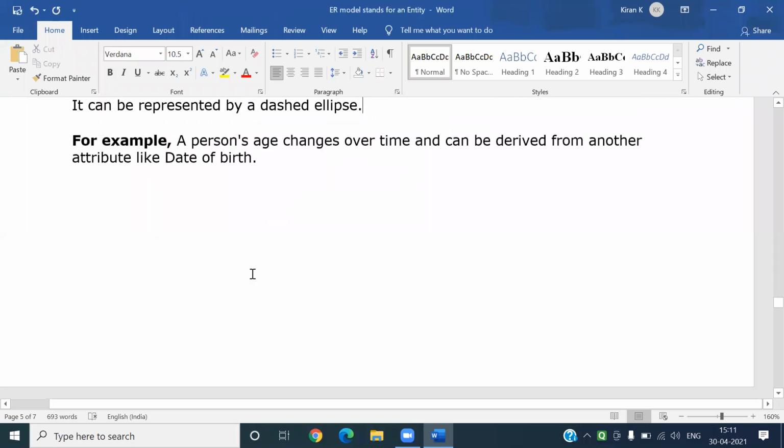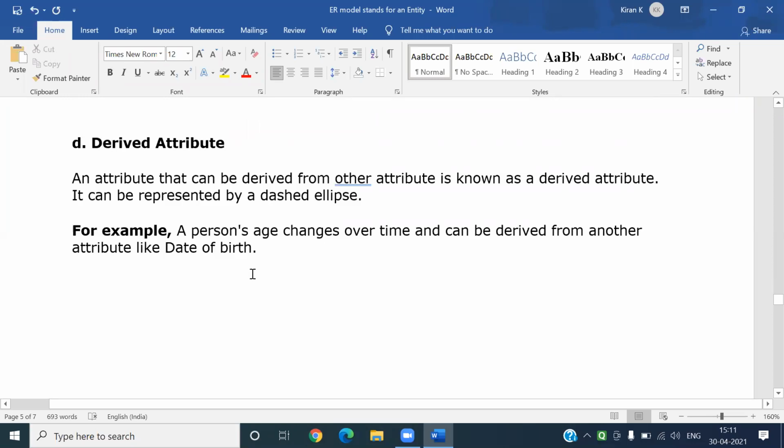What do you mean by derived attribute? An attribute that can be derived from another attribute is known as a derived attribute. A person's age changes over time and can be derived from another attribute, date of birth. On a voter ID card the government represents age; when the card was printed, the age was 36, but by the time you actually vote, it will be different.